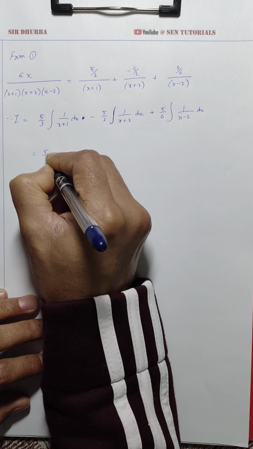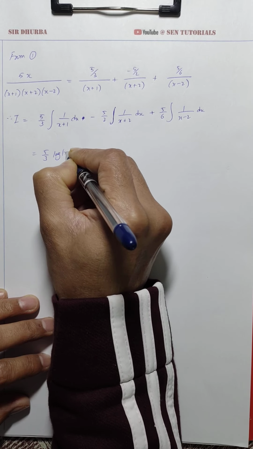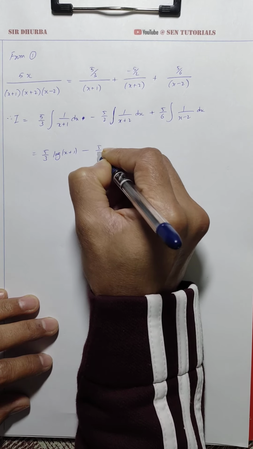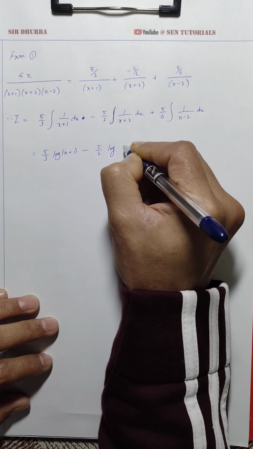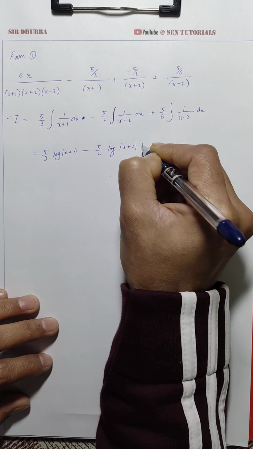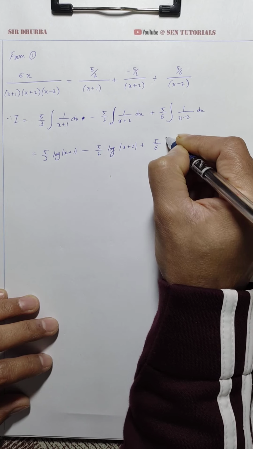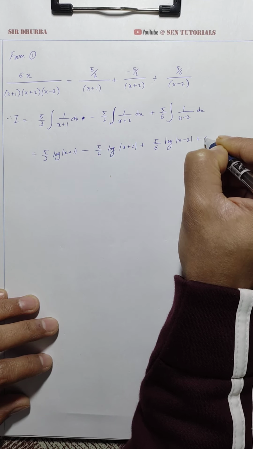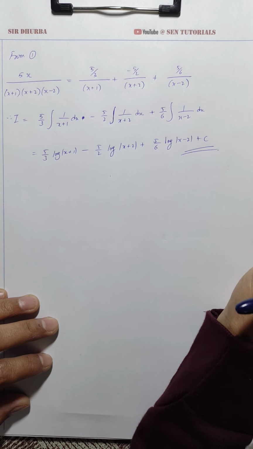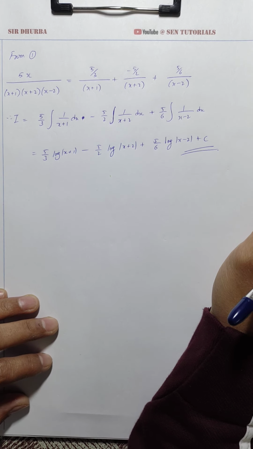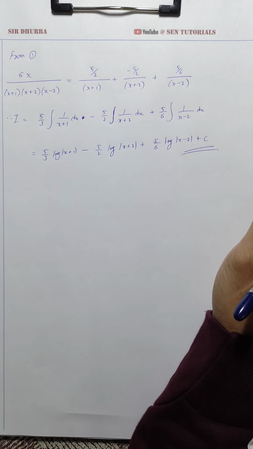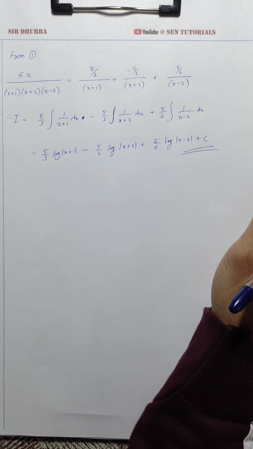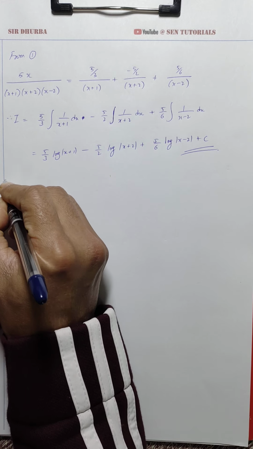So that's going to be 5 by 3 log of x plus 1 minus 5 by 2 log of x plus 2 plus 5 by 6 log of x minus 2 plus c. All right, so it's as simple as that. All right, okay, so let's move on to now question number